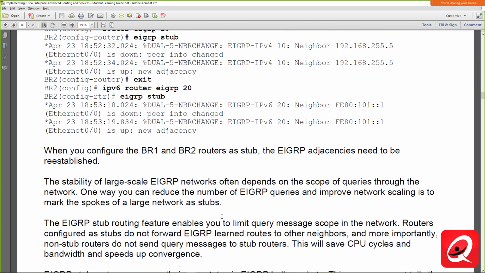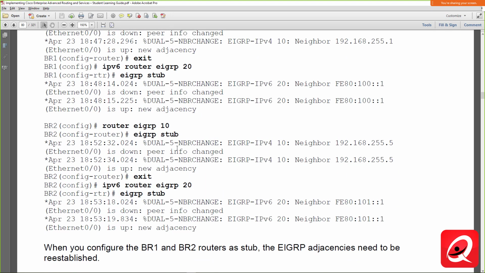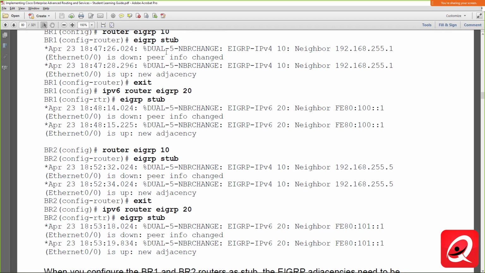All right. You can understand why the stub option that you choose is really very specific to your environment. Suppressing queries is one thing. That's easy. Any stub configuration suppresses queries. Whether you decide to use redistributed,